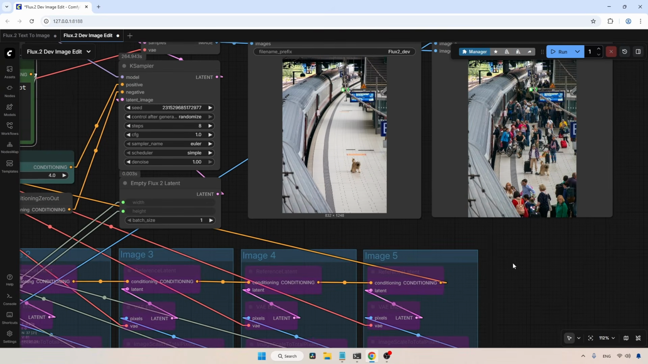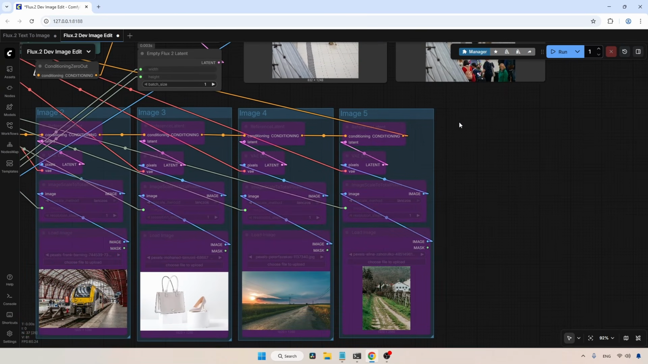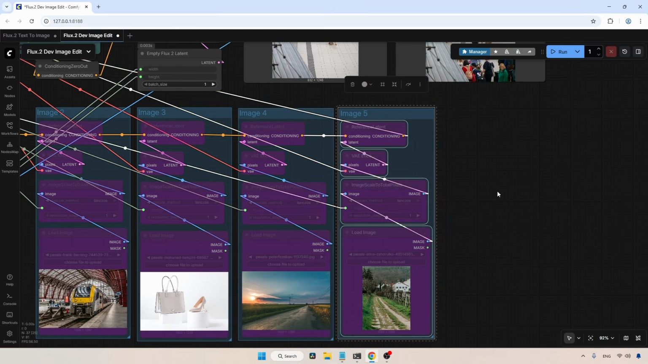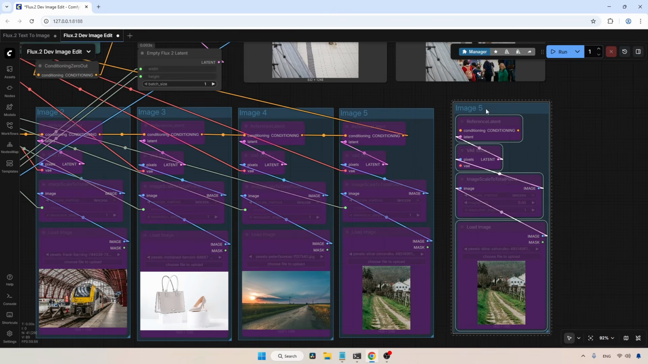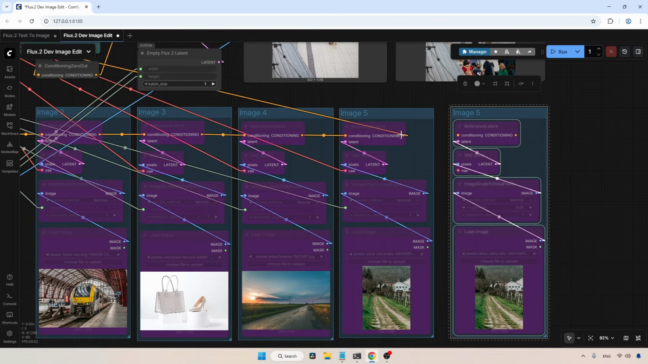Now, what if you want to use more than 5 images? That is also possible. All you need to do is select a group and its nodes by holding the Control button and left-clicking, then copy it using Ctrl+C. Move your cursor to an empty space and press Ctrl+V. Now that we have a new image loader group, we need to connect it to the other image loader groups,